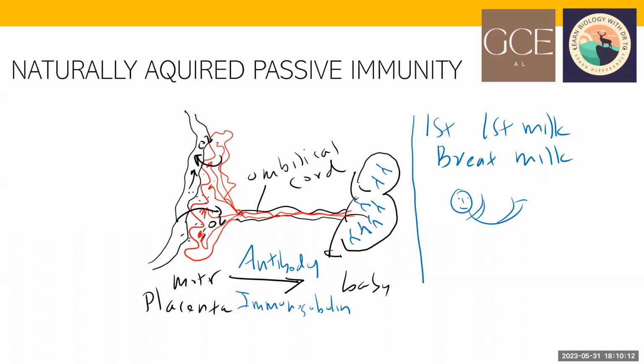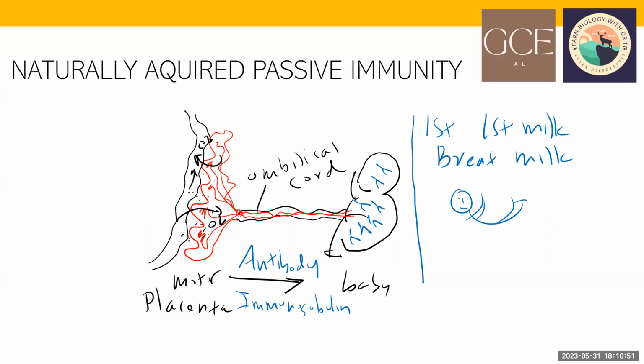So the baby is getting so many antibodies during the pregnancy period and also after birth from the breast milk. Now the baby is protected from pathogens. So the baby's immune system now starts to build up. With time, the antibody gives protection for a few weeks or a few months, sometimes even a few years. That's why we generally say don't take babies to every place after birth, because it's not good to expose them to pathogens.